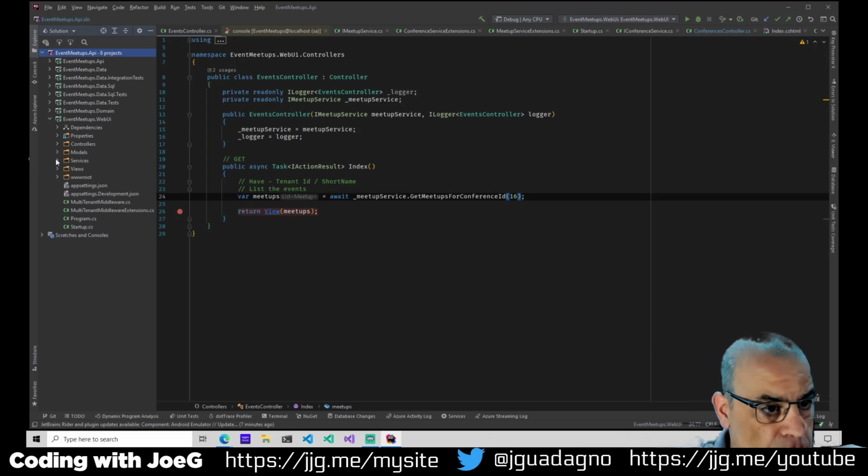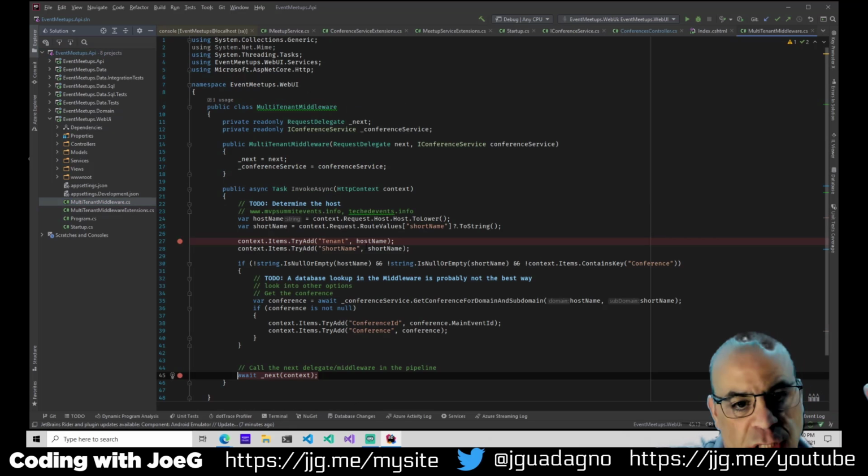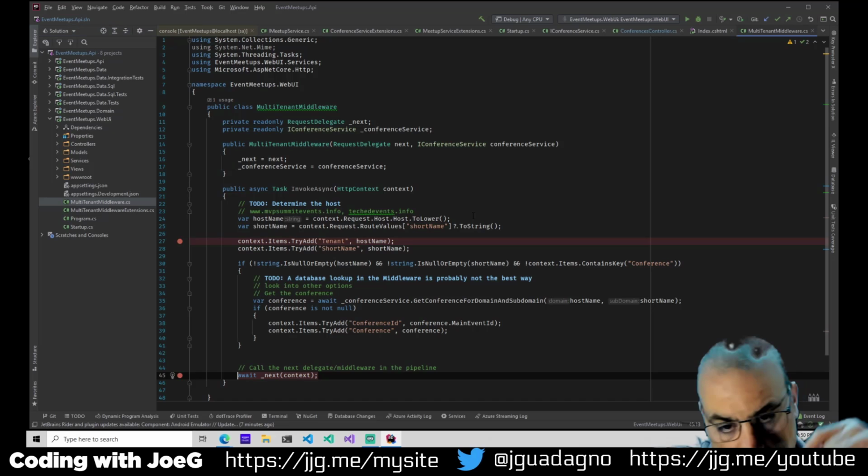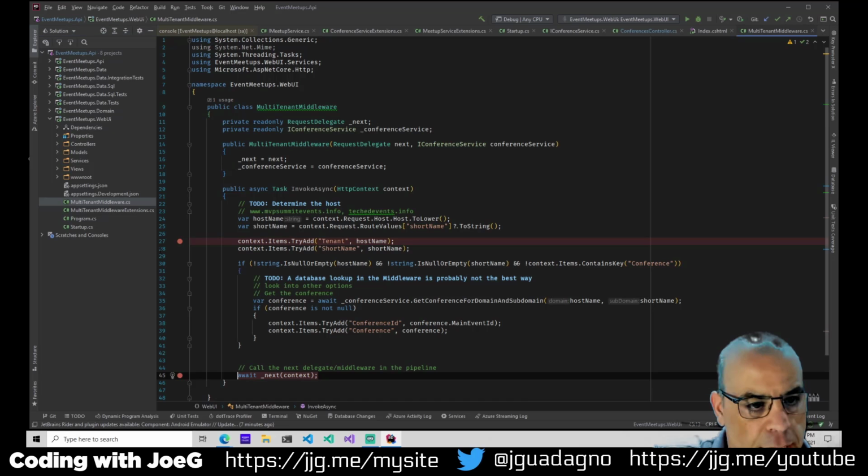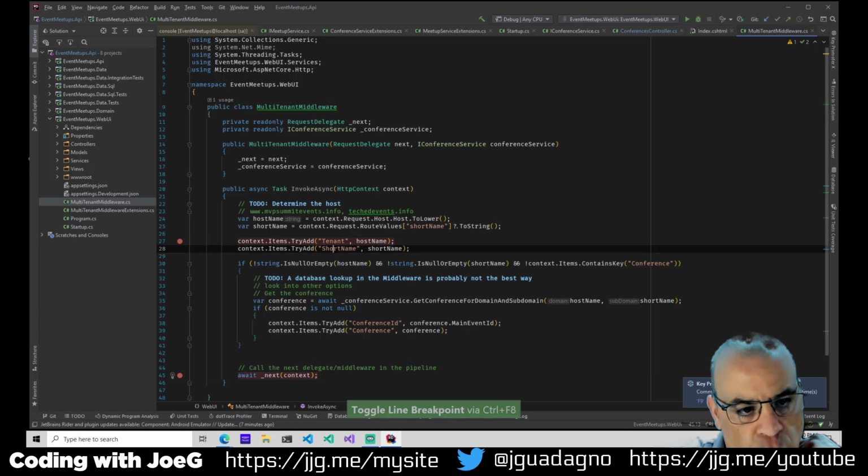So let's go take a look at the changes we made in the multi-tenant minute. Some of these changes I made last night, just before this, and that's to pull out from the context the short name, which for now I add into the context. I don't know if we're going to keep them in the context or not, but I added them there.